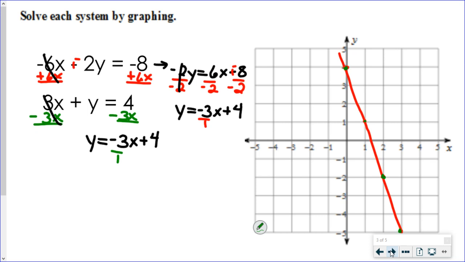Oh, what do you notice? Do you see these points are the same exact points? So that means it's the same line. So this equation, look, these are both the same equation. So this means your actual answer is all real numbers